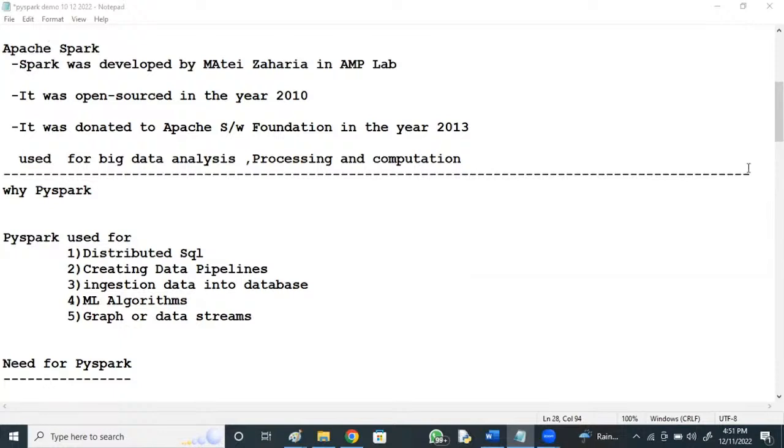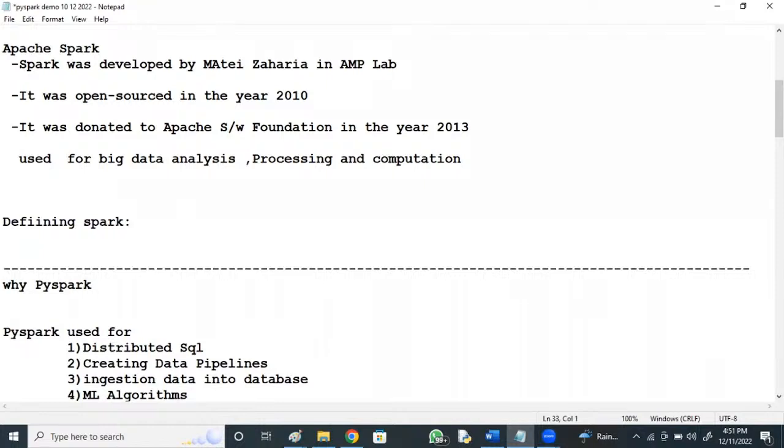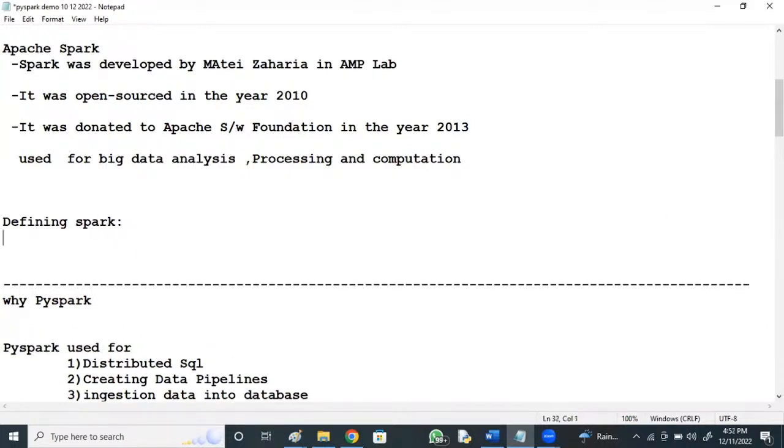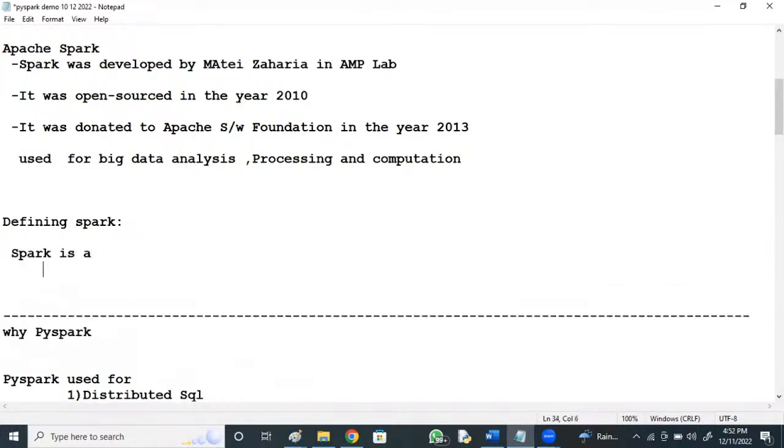If I want to define Spark, I define Spark in 4 to 5 lines. Spark is an open sourced